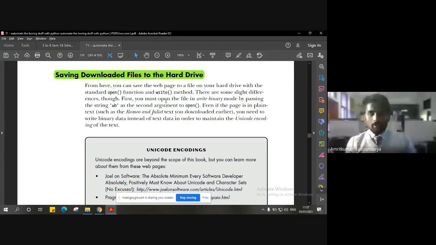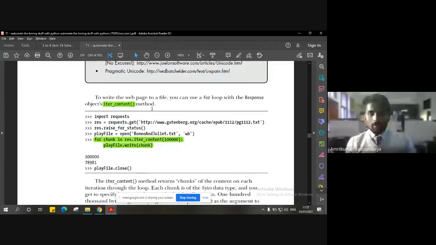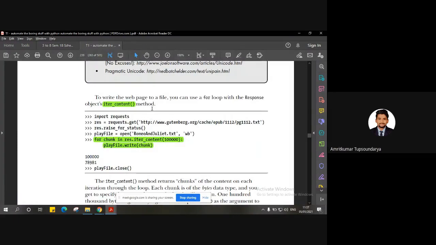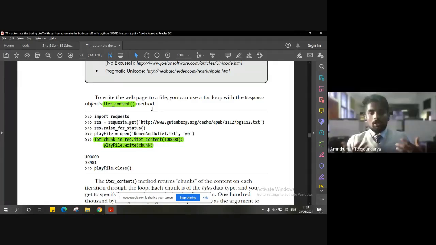So let me give you the exact code here, using iter_content. iter_content is one of the methods which does the iterations to continuously request the content.